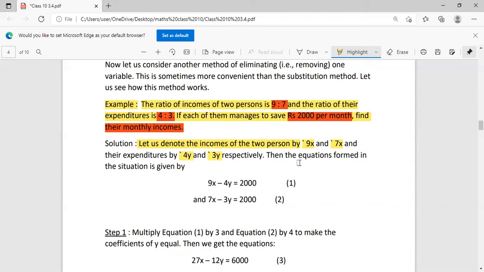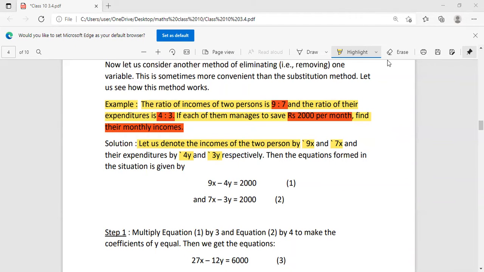So you know what you mean by the savings of a month? You get that when you subtract expenditure from income. Income minus expenditure gives you savings. These equations, you know, I think. Yes, sir. Okay, that's why we are writing it like this. I will just show you. Income minus expenditure gives you savings. Okay, we are using this equation.